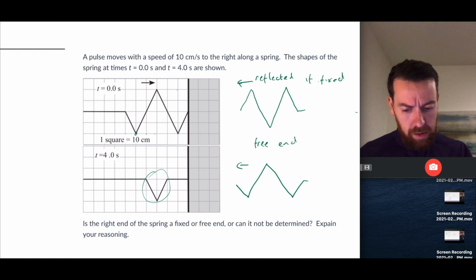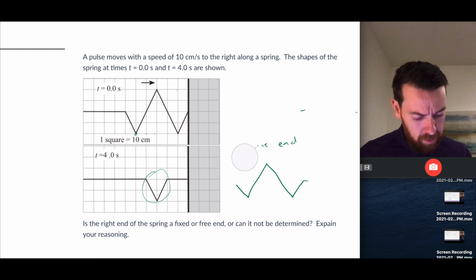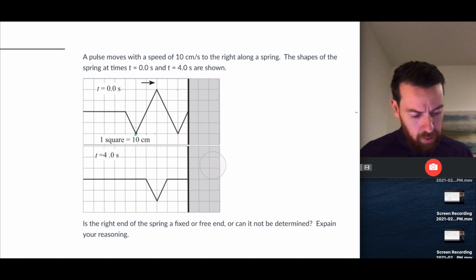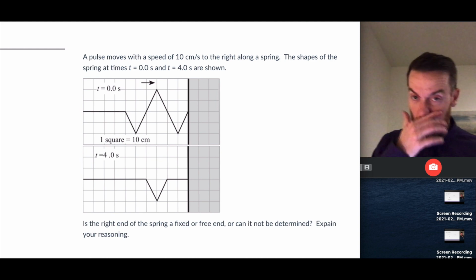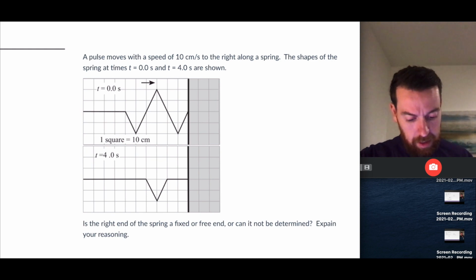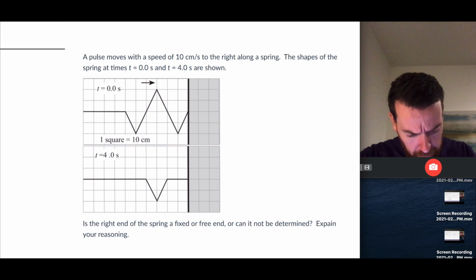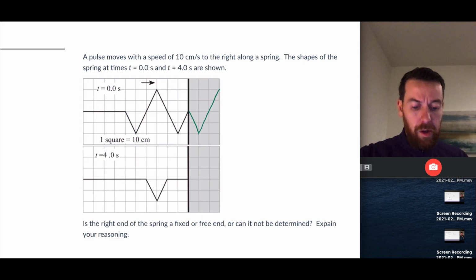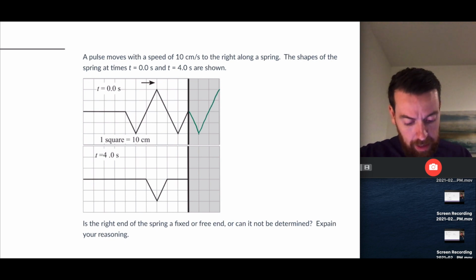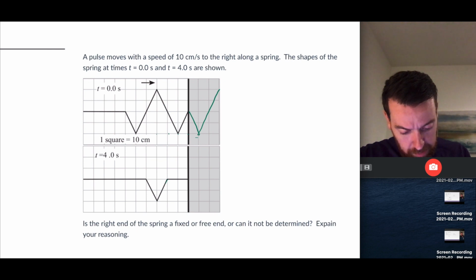So let's go ahead and erase some of this and draw in our reflected pulse. Based on that reasoning, knowing that it is a free end, our phantom pulse would look something like this. Okay, so that would be at t equals 0 seconds. Then if I move this particular point 1, 2, 3, 4, so that's this piece here, the phantom has come out to here,